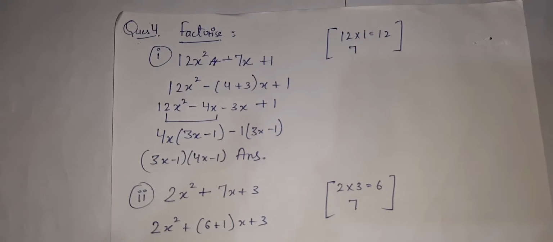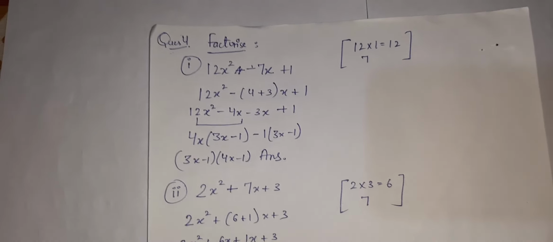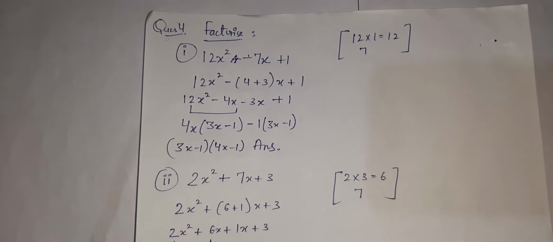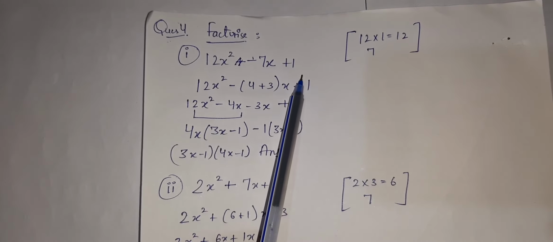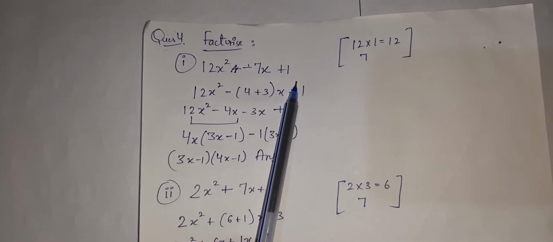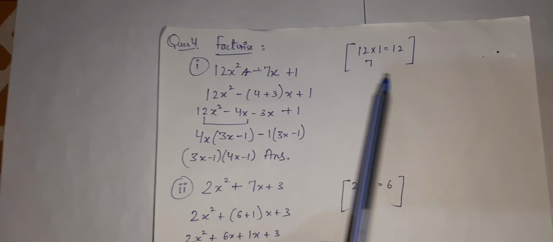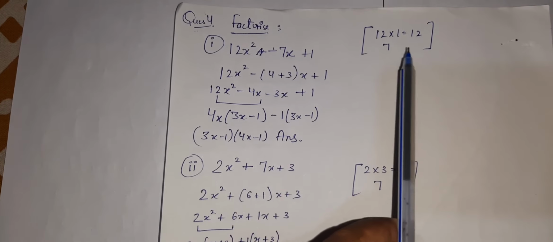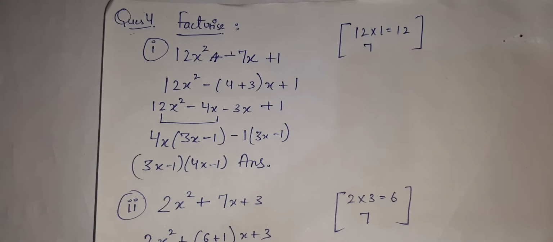Now see question number 4. Another very interesting question. This is the split in the middle term. I've taught you in class 8th also. Just remember. The question is 12x square minus 7x plus 1. What we are supposed to do? First number and the last number. 12 ones are 12. In between 7. We have to take out two numbers in such a way